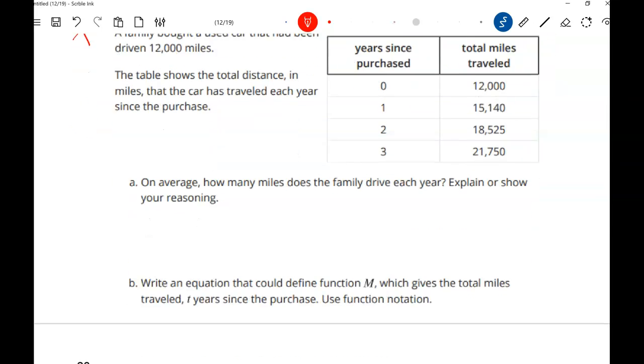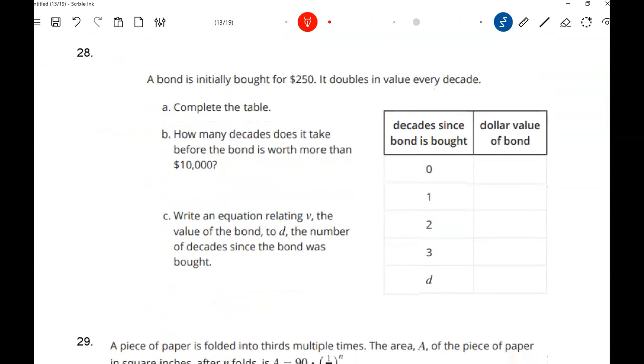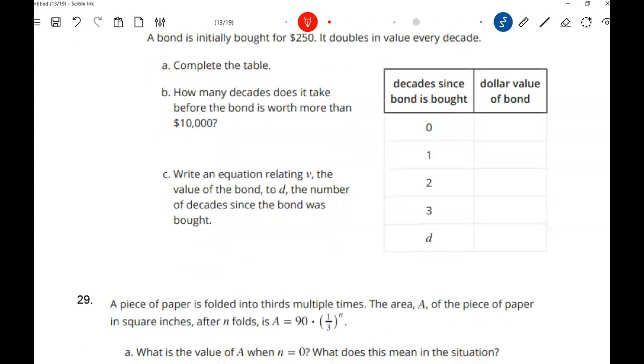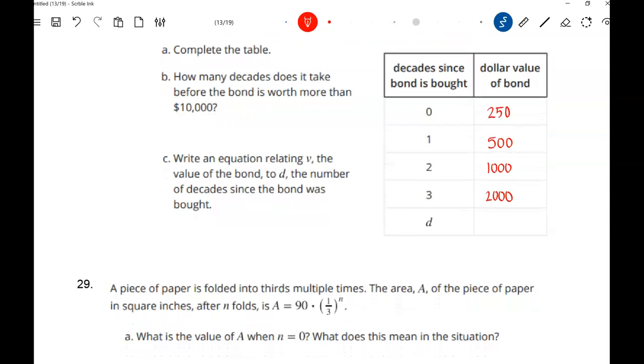And we're skipping number 27. 28. This is Unit 5. A bond is initially bought for $250. It doubles in value every decade. Complete the table. So, decades since the bond is bought. 0 decades means that's when it started. It started at $250. Then it doubled every decade. So, 250 times 2, 500 times 2, 1,000 times 2. So, multiplying by 2 each time is